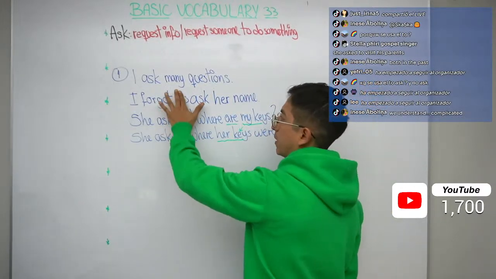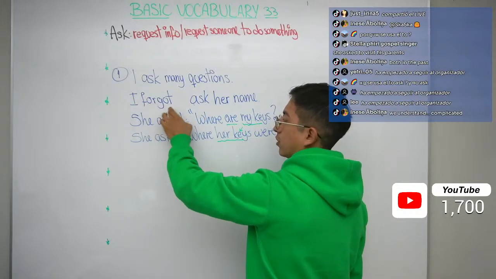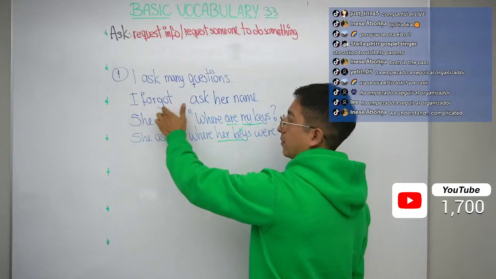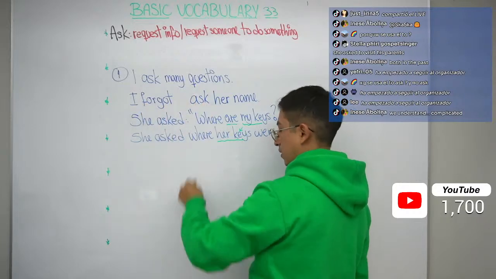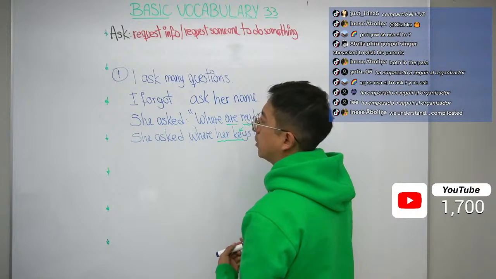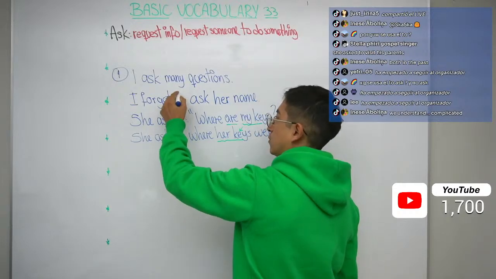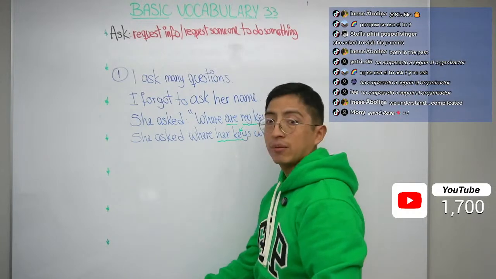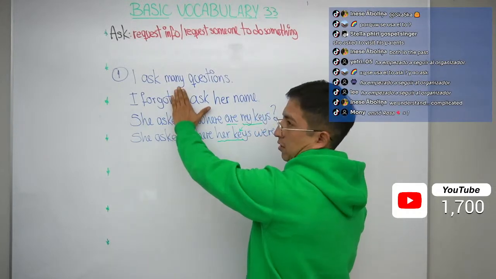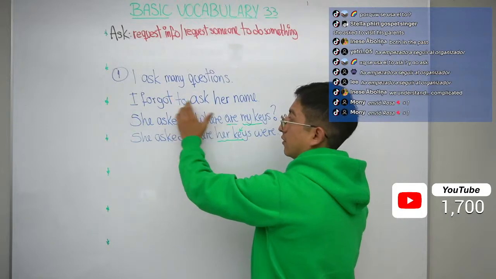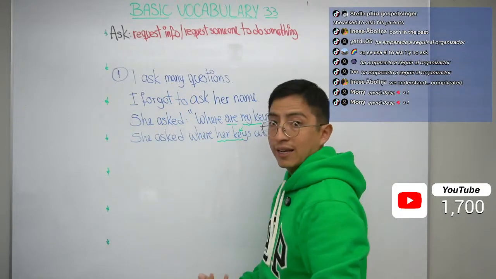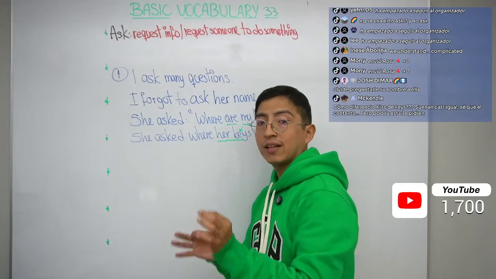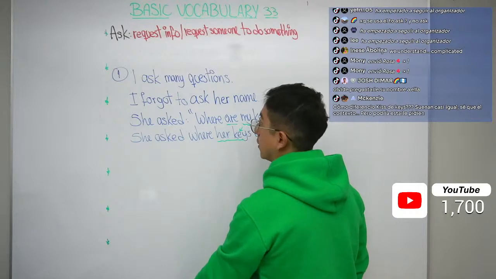Ah, because we're talking about forget. No, forget is a base form. Forgot is simple past. This is a verb. Ask is a verb. So the only way to connect these two verbs is using to ask, infinitive. Yep. We never say I forgot ask. No, that's wrong. To ask. I forgot to ask. I like to study. I love to play soccer. Yes, that's it. Now, let's continue with the second word.